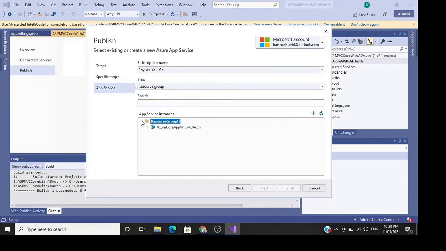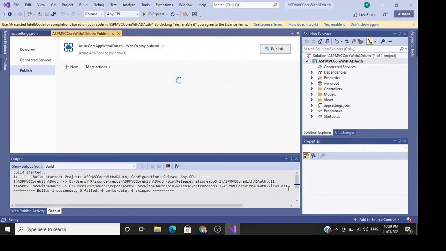Resource group. Selecting a resource group, and inside that resource group we can see our application. Selecting that and clicking on finish.